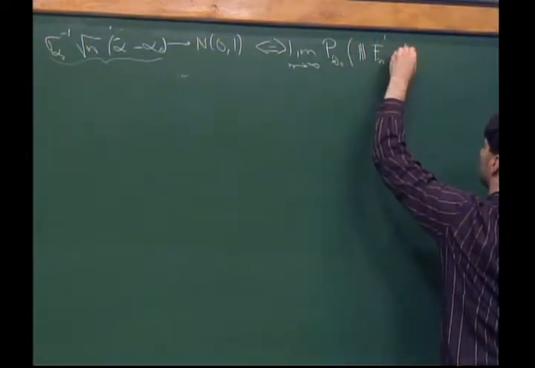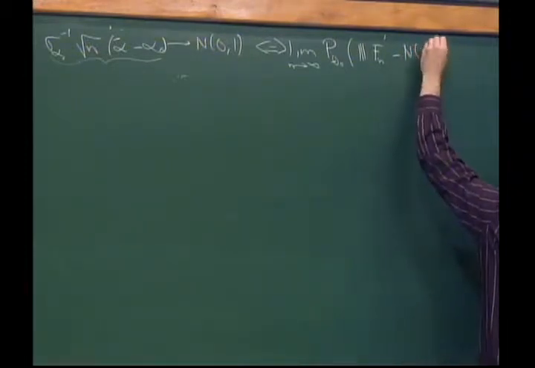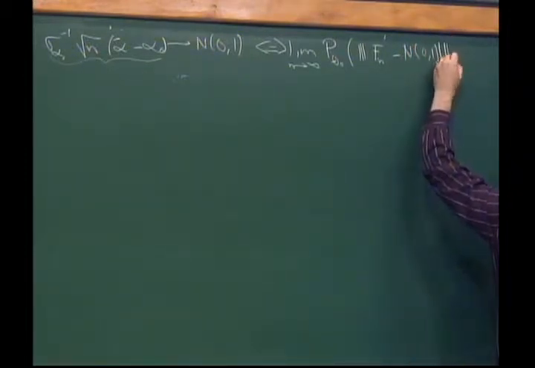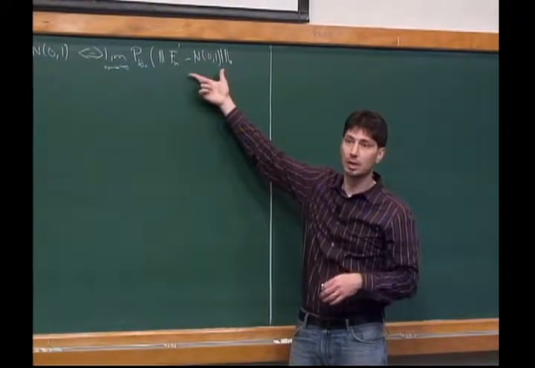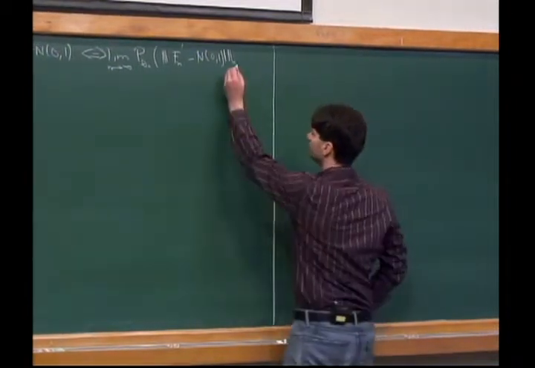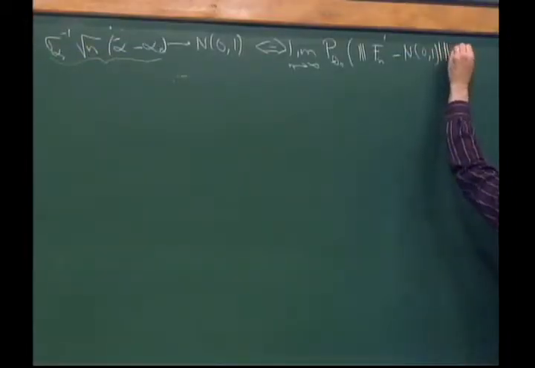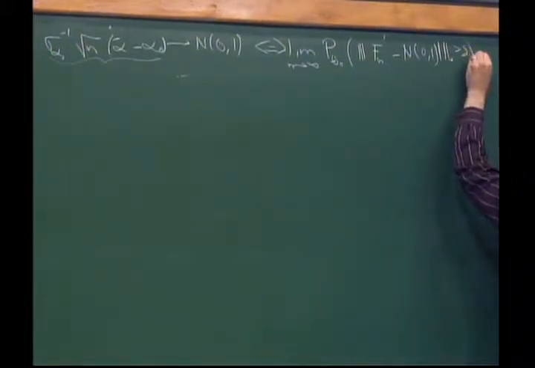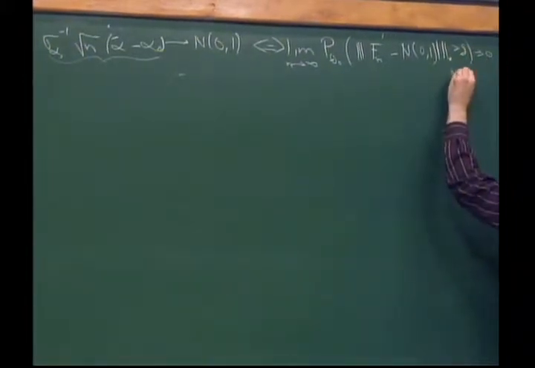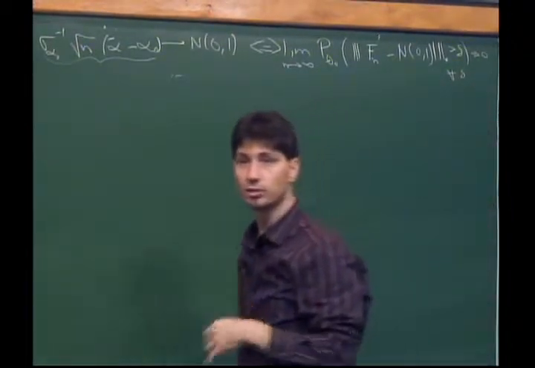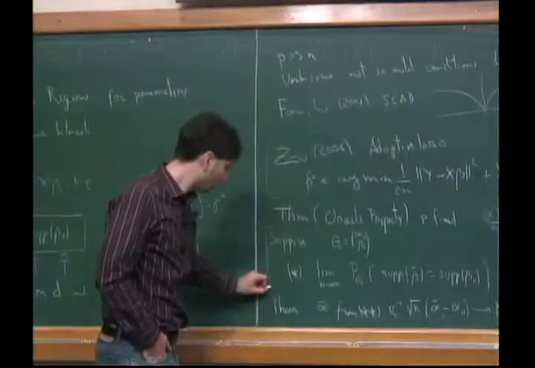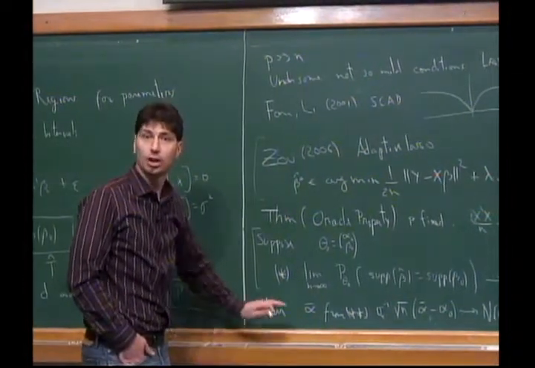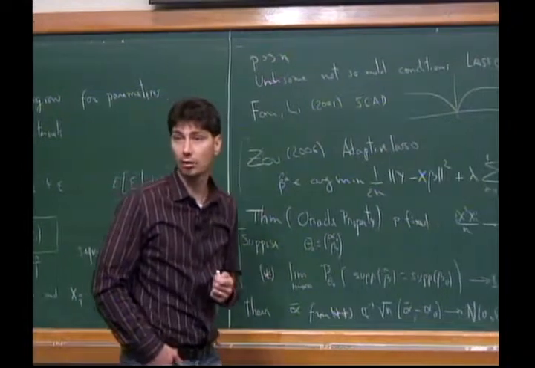That distribution minus this normal in some weak norm, let's say, to measure the convergence in probability. So take the sup over bounded Lipschitz functions with norm less than or equal to 1, of the probability that this is bigger than some delta, goes to 0 for every delta. Just restating this convergence in probability. But essentially what it is saying is that if you have perfect model selection, you can do inference as usual in this second stage.